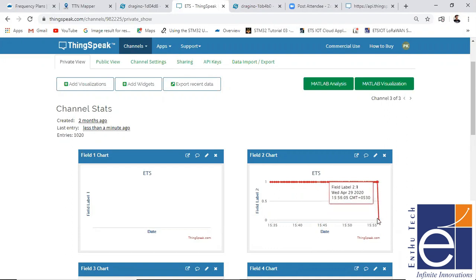Okay. So likewise, the uplink will happen. Let us wait for some more, 2 to 3 uplinks. We'll see the data, and the next data also came here. So here you can see two data have come. Okay. Now I just remove my hand. Now you can see that it's gradually increasing.